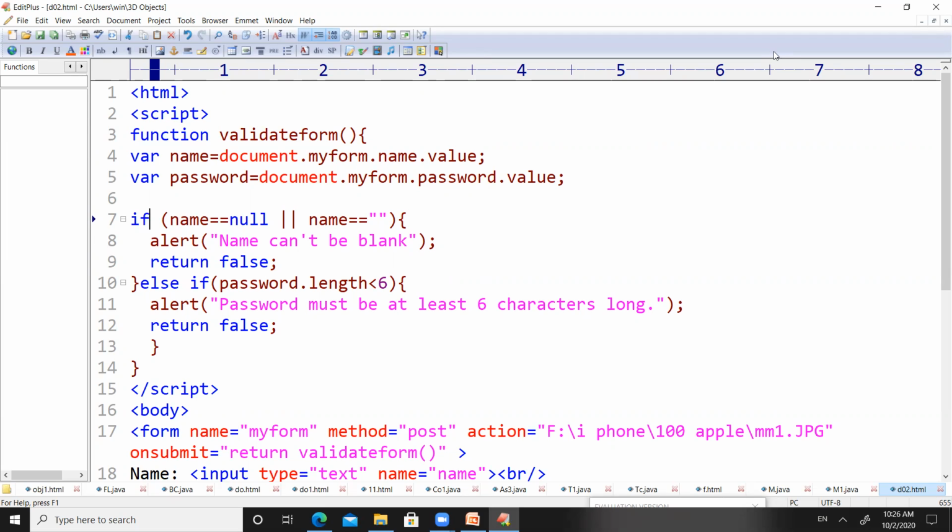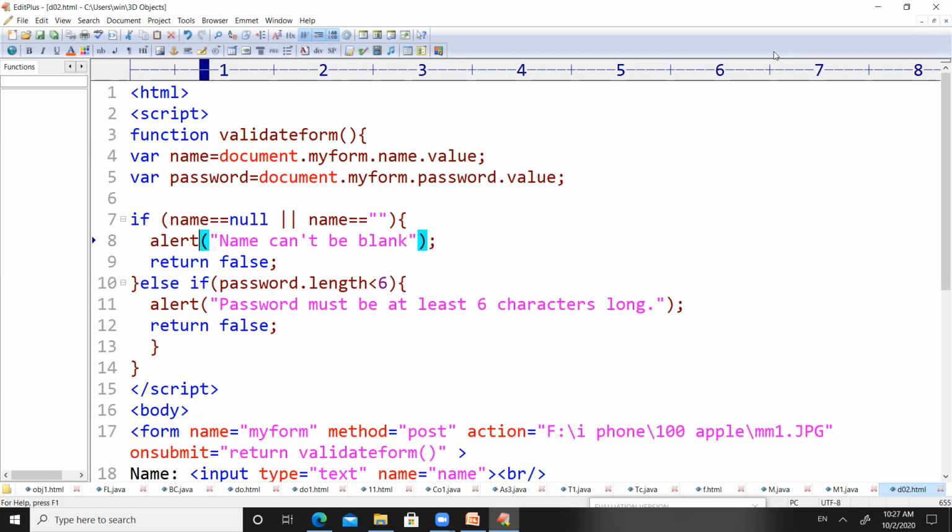So here what I'm writing is, if name equal to null or if name equal to empty. So if somebody doesn't enter anything in the name field, or if the name field is empty, then I want to generate an alert message which states that name cannot be blank.